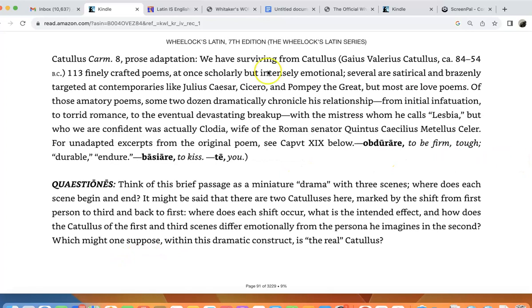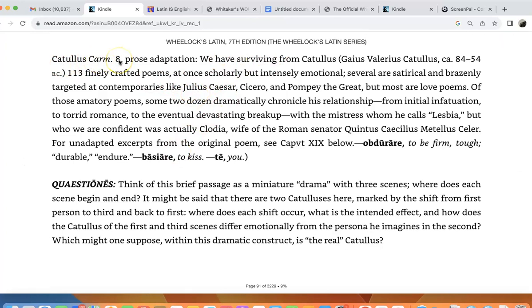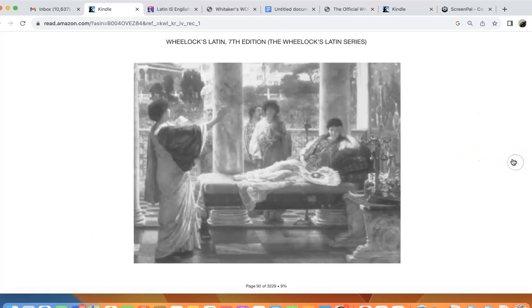Now, your book does have some information about Catullus's importance. This is from his Carmen, or song, or poem 8. And then it gives you some other vocab here, to be firm, tough, and to kiss. So make sure you look at that as well. And here we have sort of